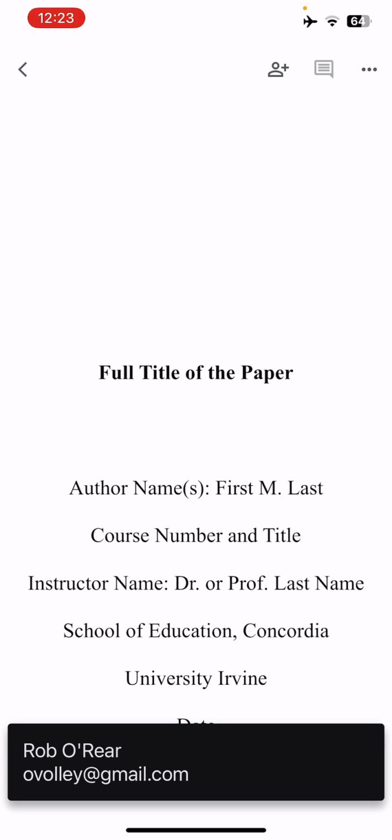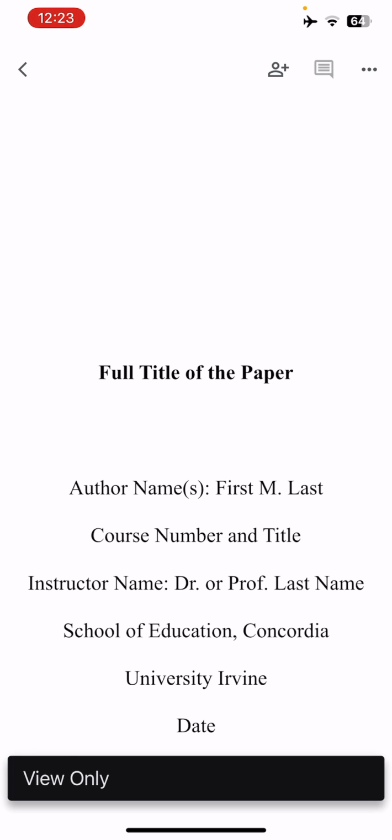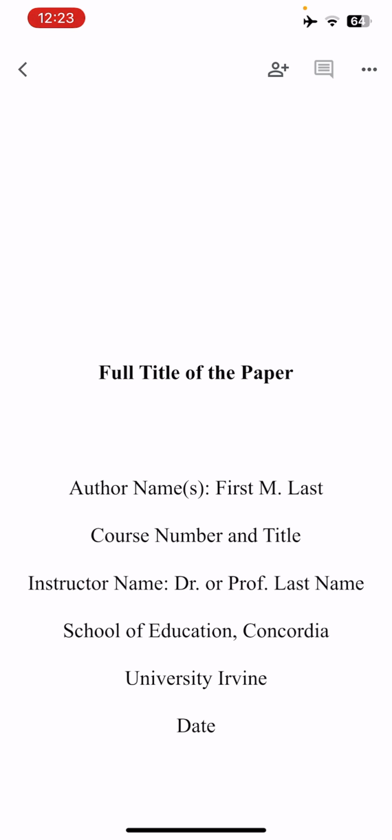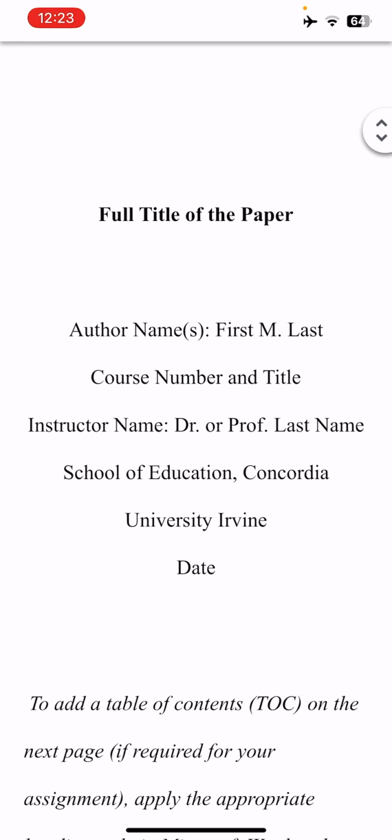Now it's going to open up as a Google Doc for me because I'm on my cell phone. But what you want to do immediately when you get a Google Doc is save it as a Word document. That's the first thing you do: you open it up and then put it in that folder that you've put on your desktop, and call it Concordia template. That's a simple thing. That means that for every assignment, you have your starting point right here. And this is how everything is done.